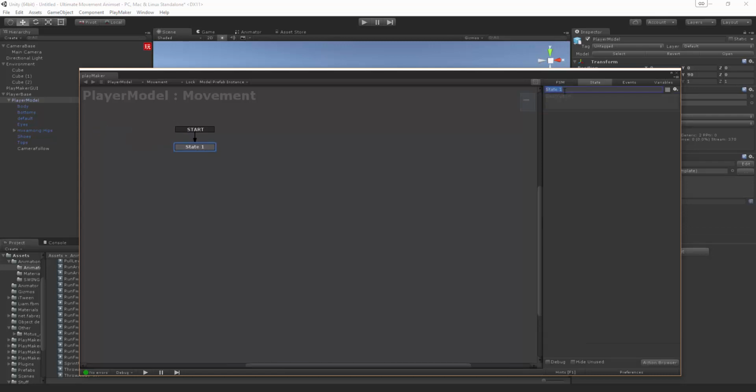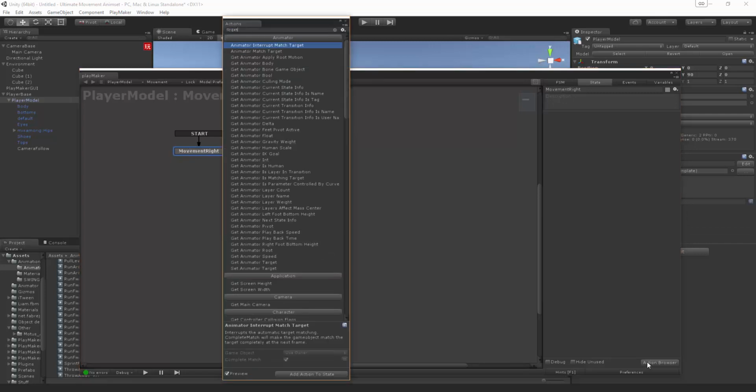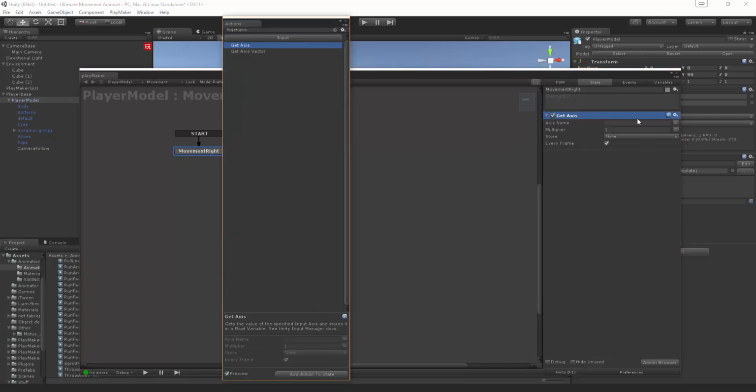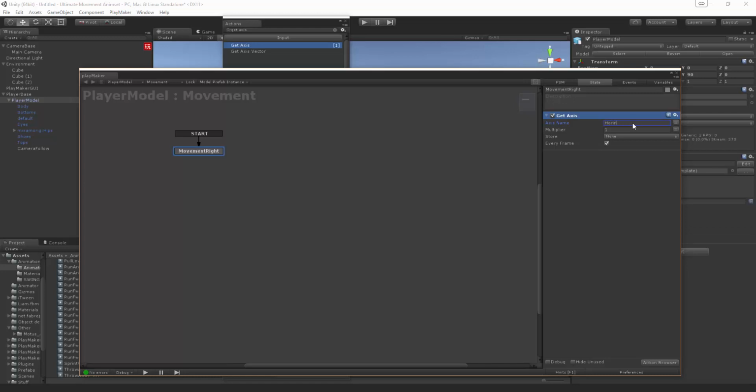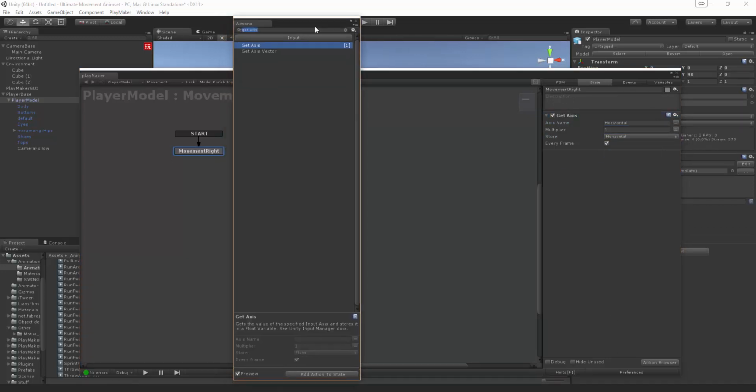Alrighty, I'm going to call this probably a movement. We'll call this movement to the right, and you'll see why in a second. So let's go and get the axis. And this axis we're going to get is the horizontal, which is basically moving left and right. And we're going to store that as our horizontal in that variable we just made. Perfect. Alrighty, so now all we really need to do is say